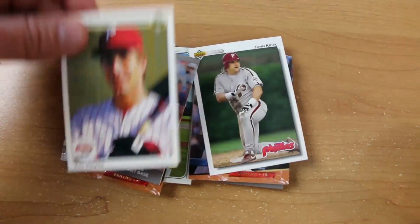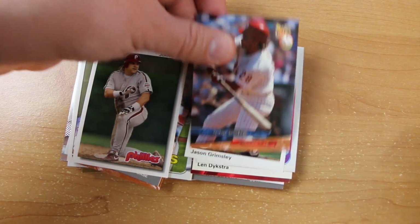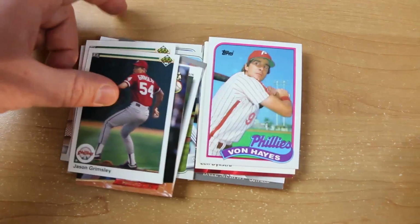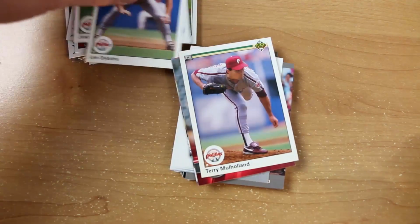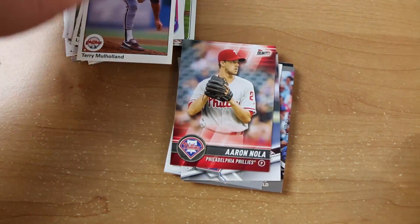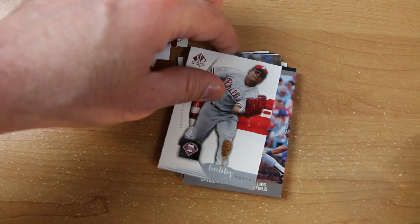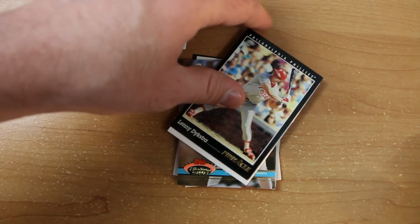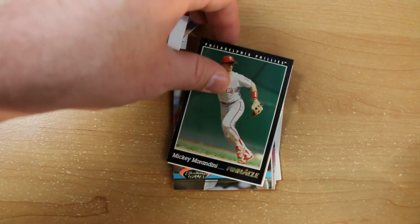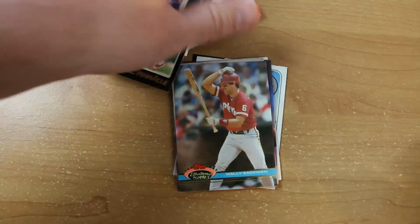the Crucker, John Kruk, Von Hayes, I was a huge Von Hayes fan as a kid, John Kruk, another Crucker, oh man, those old Ultra cards are awesome, Jason Grimsley, Von Hayes on the 89 Topps, we've got a Lenny Dykstra, guy's a nutbag, Terry Mulholland, one of my favorites, sweet Aaron Nola at a bunt, Odubel Herrera, that's a nice Abreu out of SP Authentic, Dale Murphy, Lenny Dykstra, again, crazy man, nice Mickey Mordini, Kim Batiste, Franco, Wally